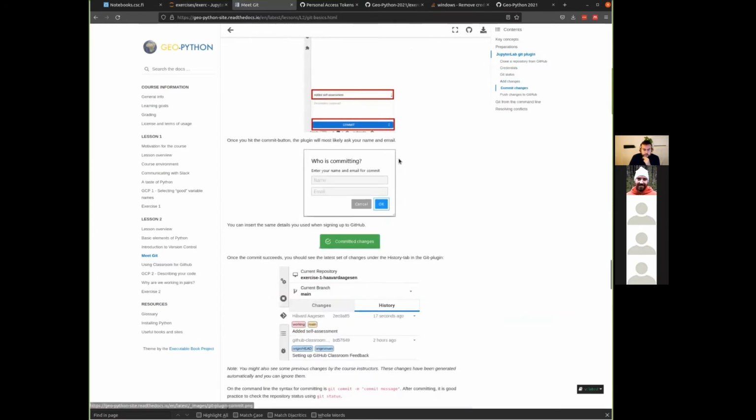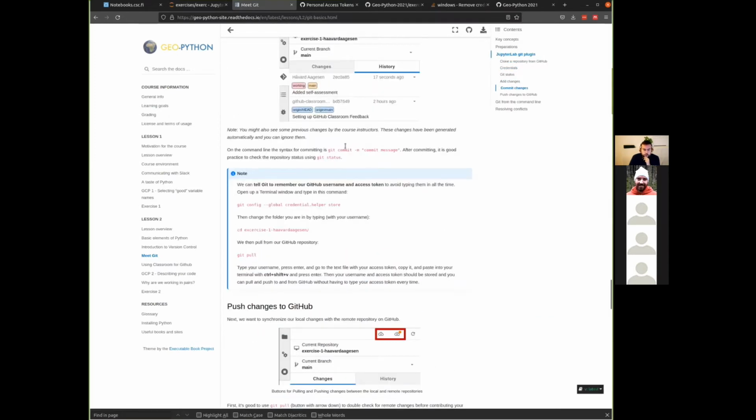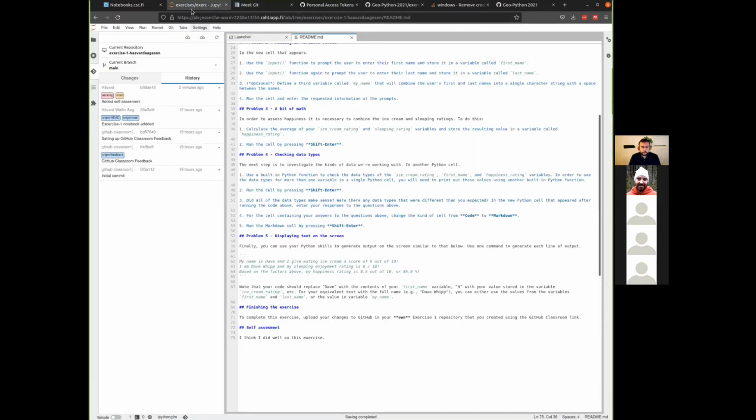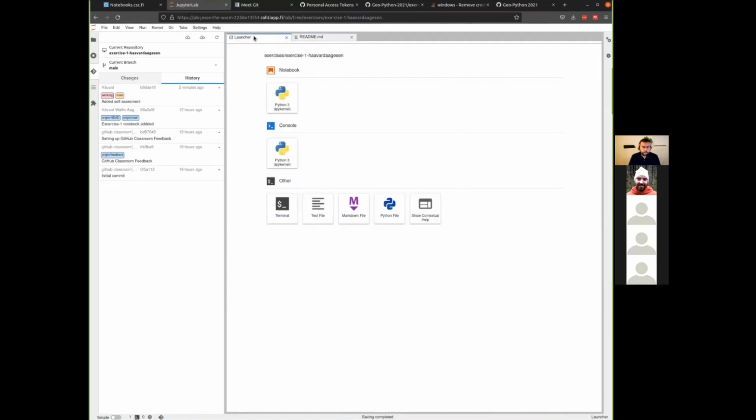If we scroll down to the push changes to GitHub section, there is a note here which you can follow along to see how to use it. So I'm just going to copy this command and use that on Jupyter Lab. In Jupyter Lab, I can open a terminal from the launcher,